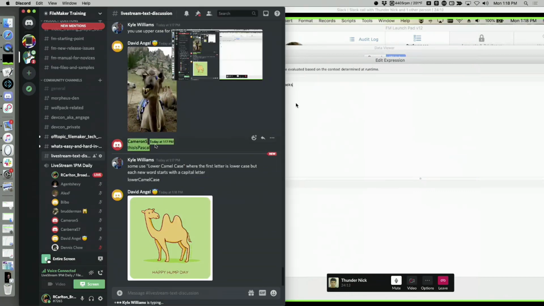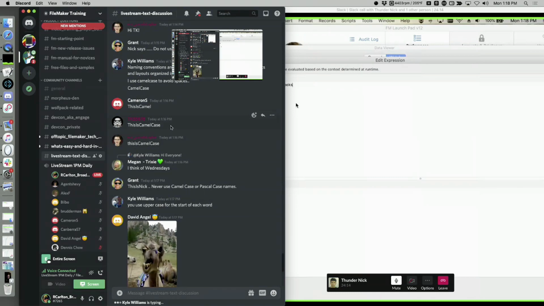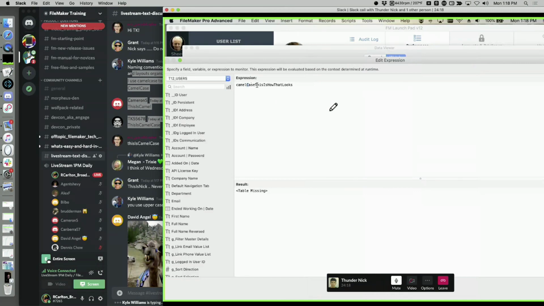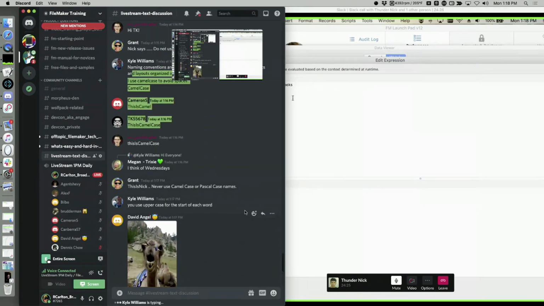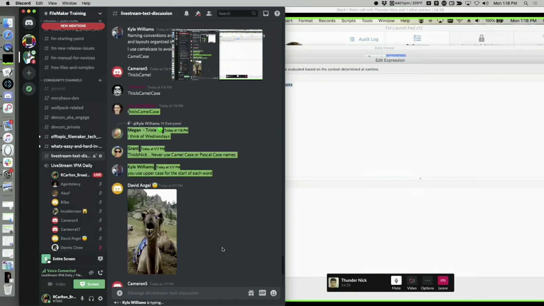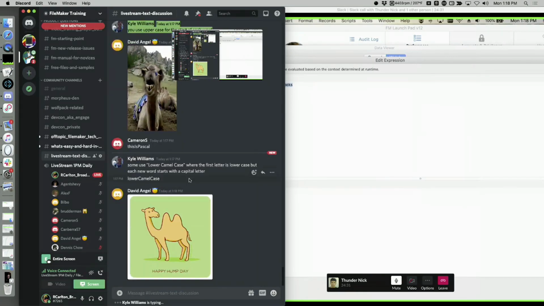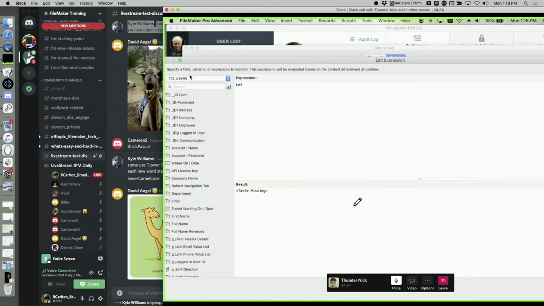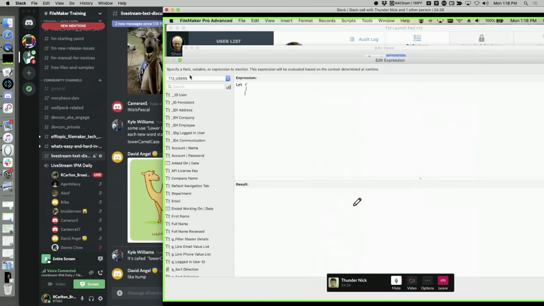We call it camel because it goes up, down, up, down, up, down. You have a capital letter, no capital letter, no capital letter, so it's going like mountains. That's what we call camel case. Right? Okay. Got it. So there's no space. I use camel case. You know when I use camel case? When I do a Let statement, and you say, okay, is empty. For example, I want to say something there.